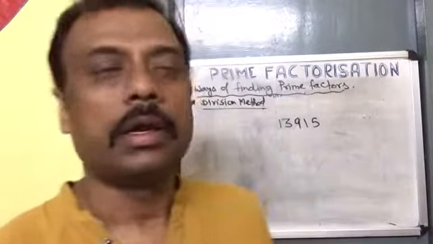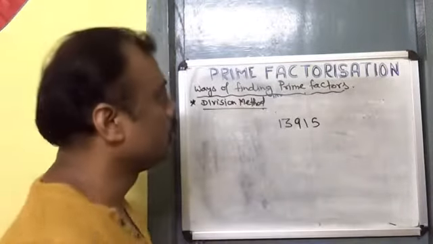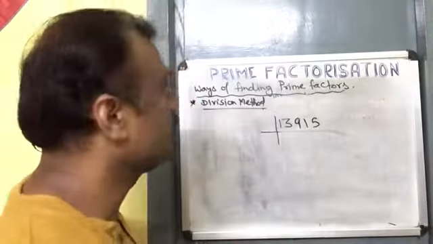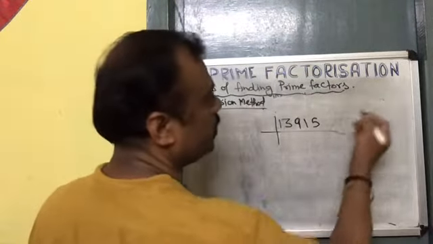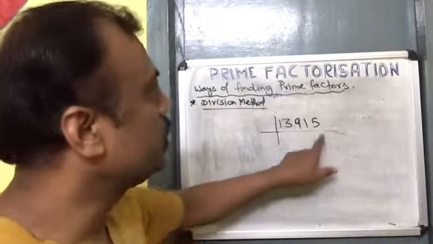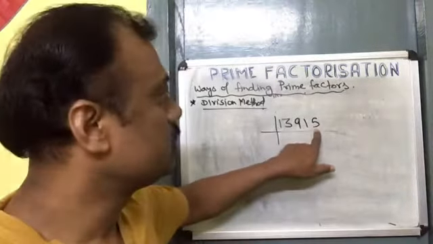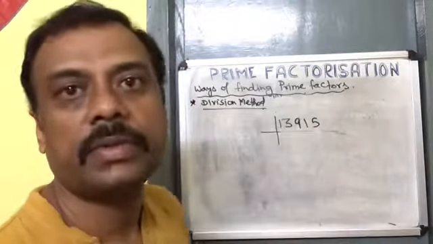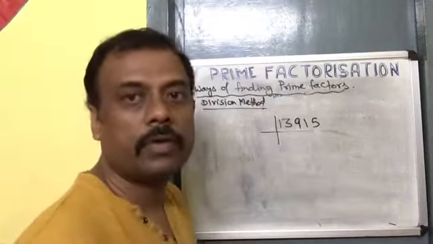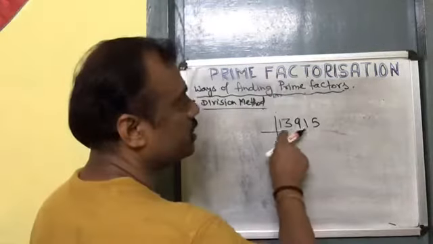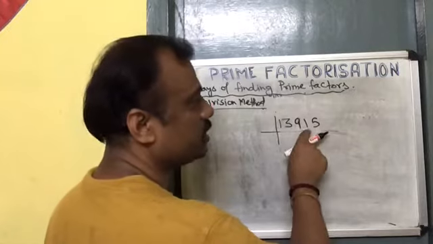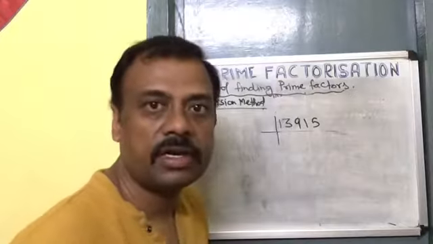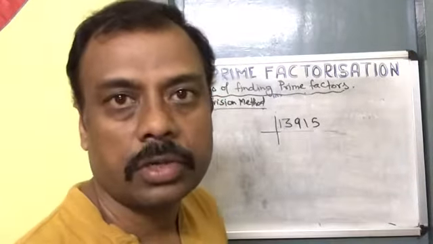Okay, here is another example. Let us see what will be the prime factors of this number. Okay, start from 2, but as we know that at the units place there is no 0 or 2 or 4 or 6 or 8, so this number is not divisible by 2. So let us think about 3. For 3 we must sum up all the digits. 5 plus 1 is 6, plus 9 is 15, plus 3 is 18, plus 1 is 19. 19 is not divisible by 3, so this number is also not divisible by 3.